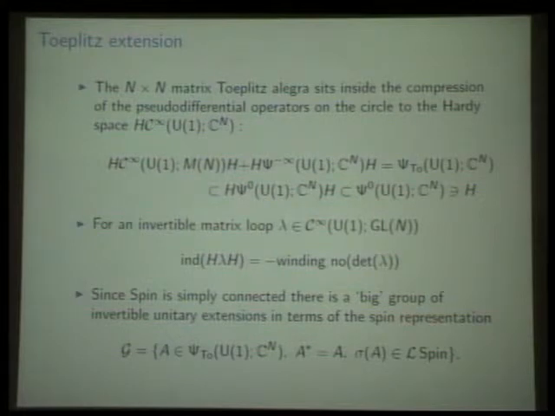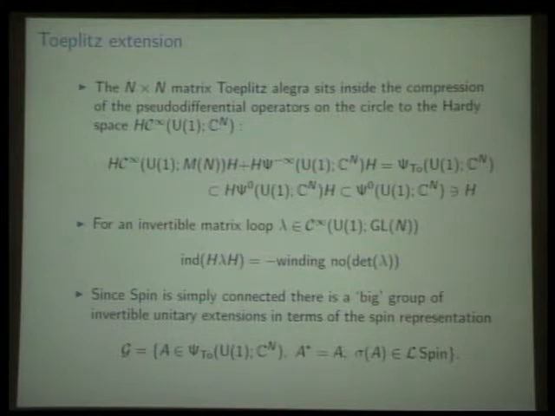And if you take a loop, which is invertible, and project it onto the Hardy space, of course, it's no longer invertible in general. But it's elliptic as a pseudo-differential operator because this is its symbol. And you can work out its index. This was known already in the 1920s to Toeplitz. And the index, I think, is minus the winding number. It might be plus the winding number, but I think it's minus the winding number of the determinant. This was already known to Toeplitz. And actually, the way they considered it was that this index was an objectionable thing, and they were interested in the case where it vanished. Anyway,